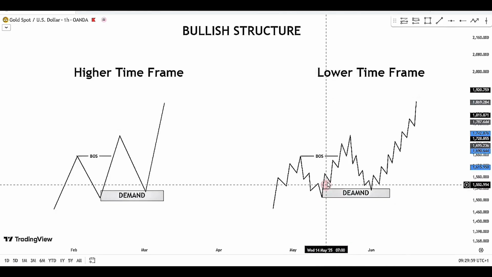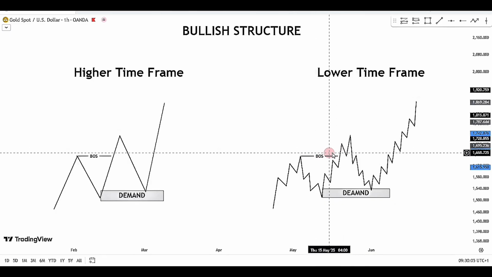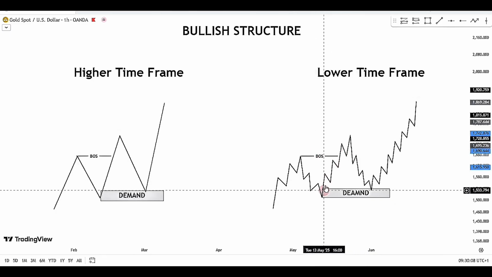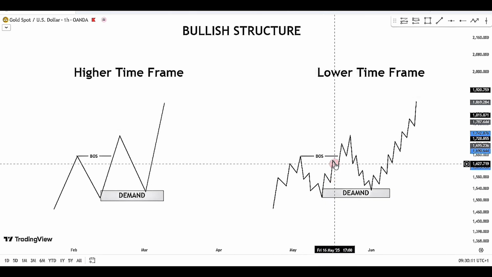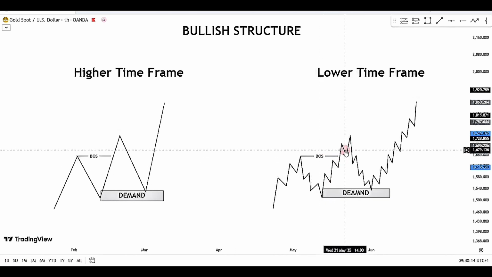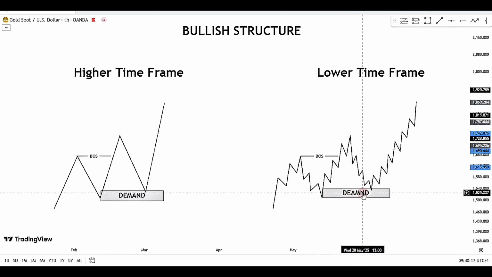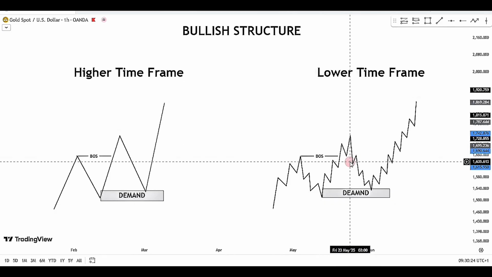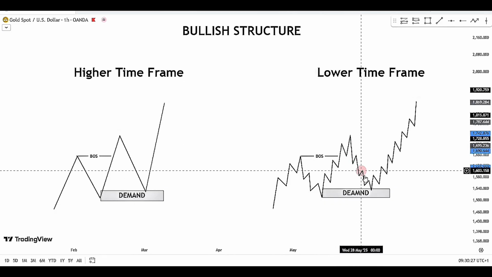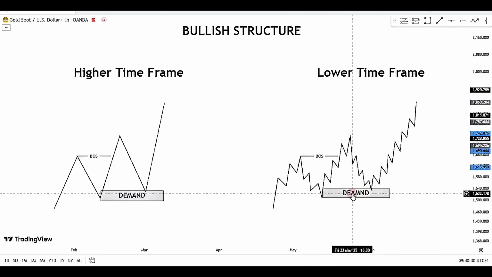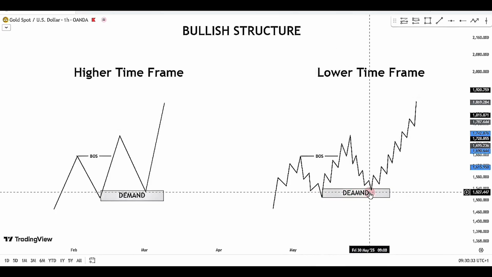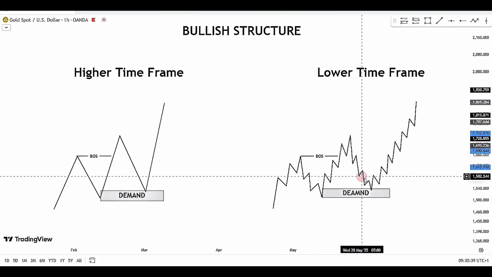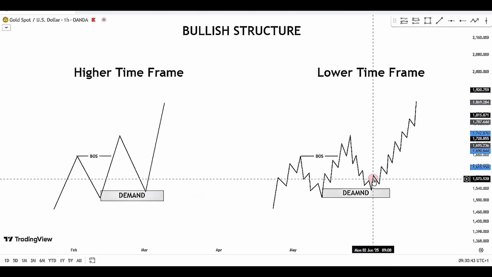We already see that price already created a break of structure. When looking at the lower time frame, we already saw that there is this break of structure at this very particular level. And while price is moving towards the upside, we are seeing a series of higher highs, higher lows, higher highs, higher lows. After we had that break of structure, we should expect price to come at that very higher time frame demand. Now, when price is coming at this demand zone, we should also be seeing lower highs, lower lows, lower highs, lower lows coming at that very demand zone. Now, what are we expecting? What we are expecting price to do is to come at that very higher time frame demand zone. We should expect a shift of structure at this very lower time frame structure, then a little pullback for us